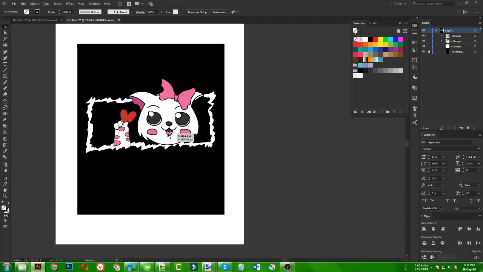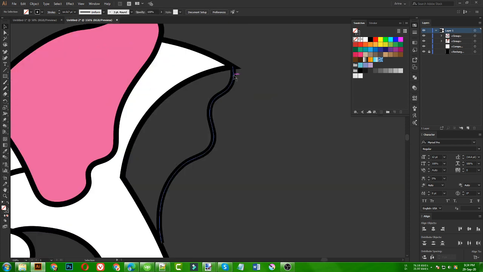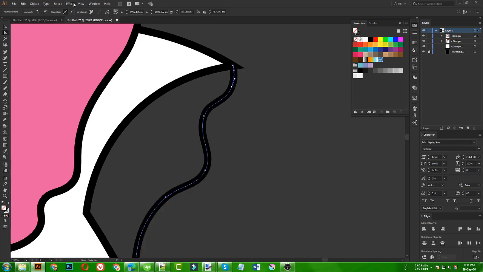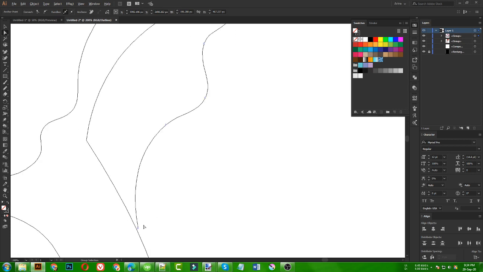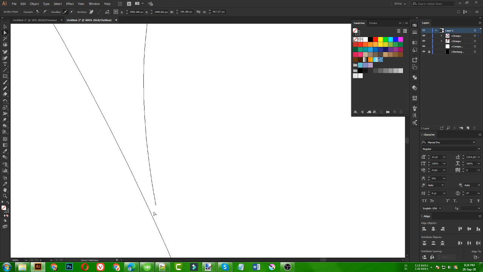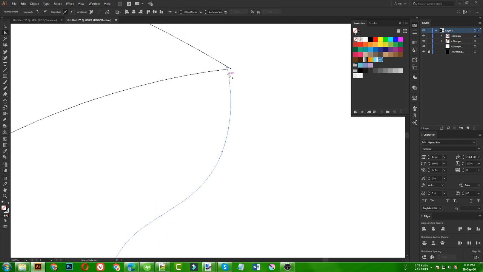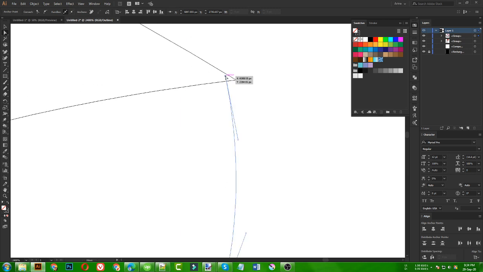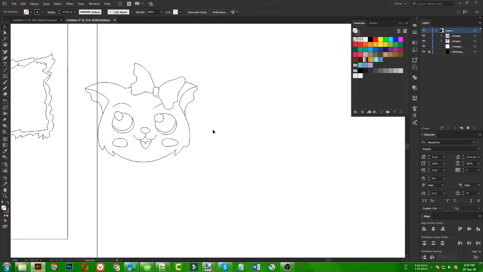Okay, for this area I need to fill it, but as you can see this is not looking very good because they are not connected with each other. So I am going to make it outline mode so that I can see perfectly where the area is missing. You can see this area is not connecting with this part, and that is a mistake from when I made that line drawing, but this happens because this is a small detail, so you cannot see it every time. So once I fix that area, you can see it like this.